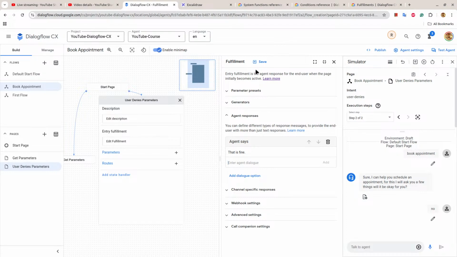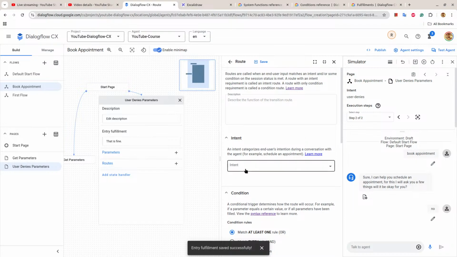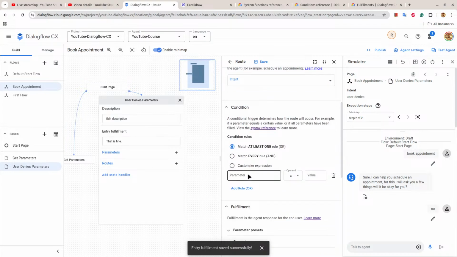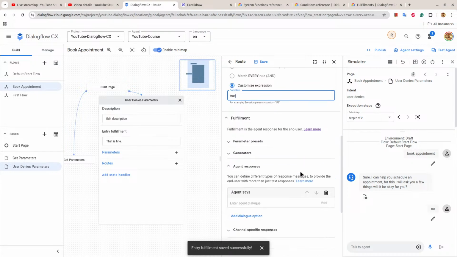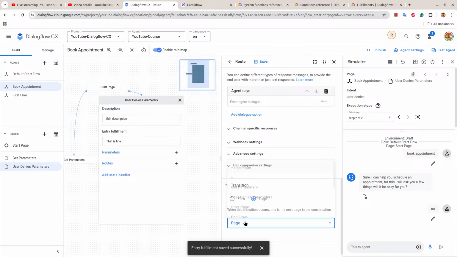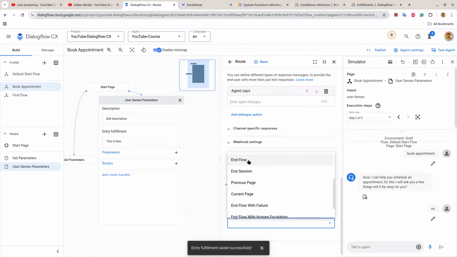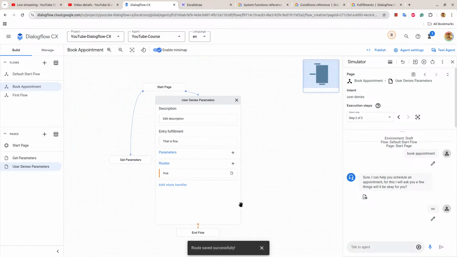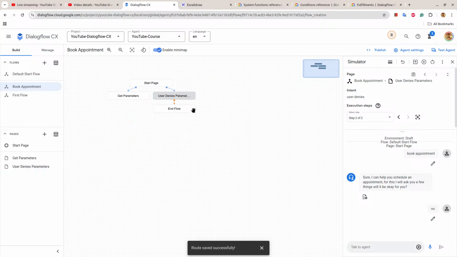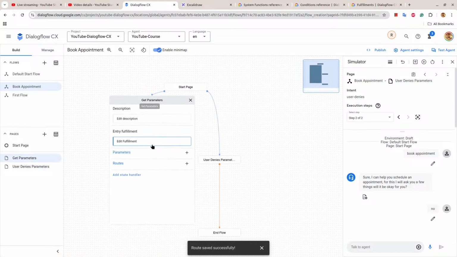I'll save this, but it will not end the session. So in order to end the session, I will add another route, and I'll say it is true route, and what I'll do is end session or end flow as well, it doesn't matter, end flow. Okay,